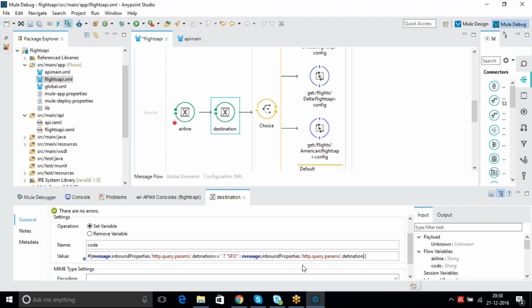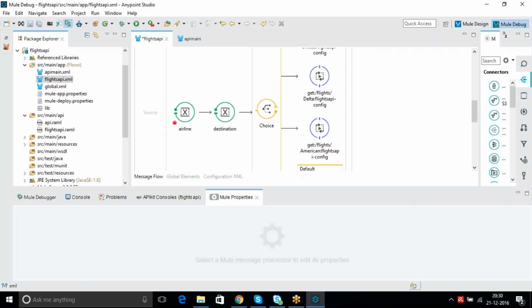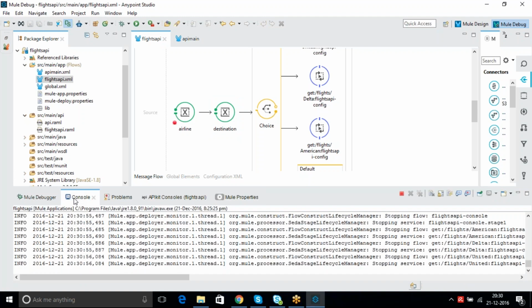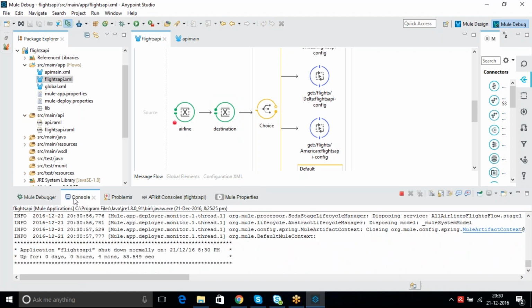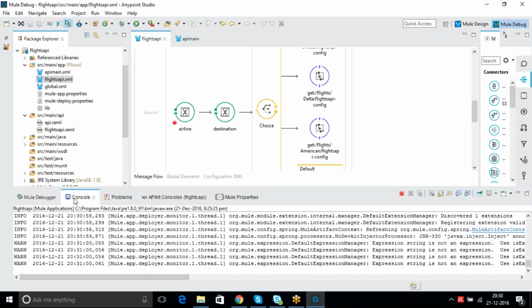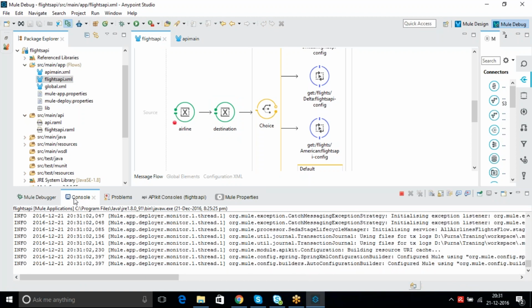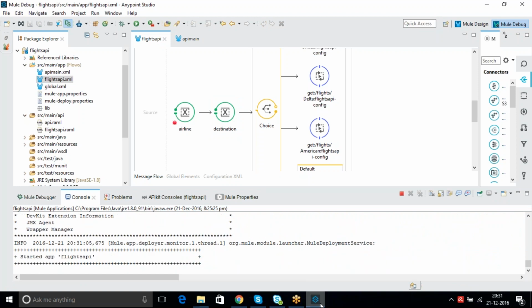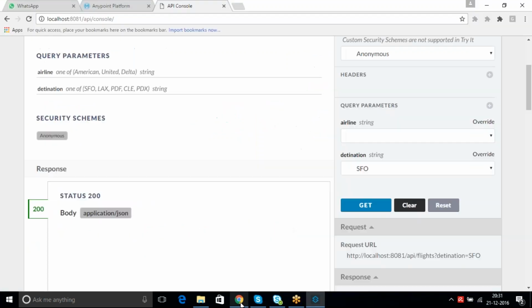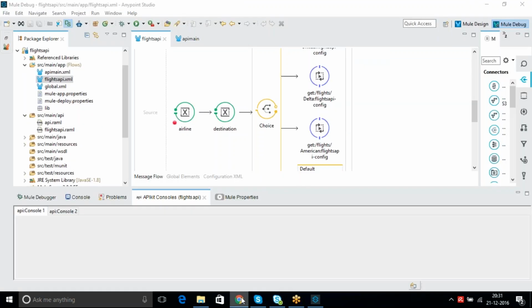Okay, let's see whether it works properly or not. So basically we are trying that even if you pass the destination as empty, it should work. Previous week we did not handle such a scenario.